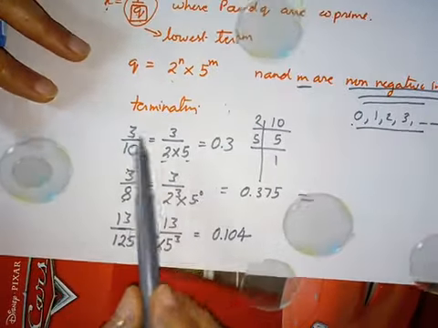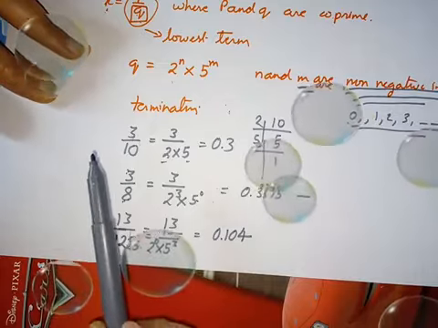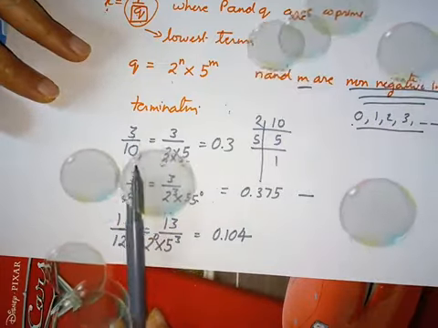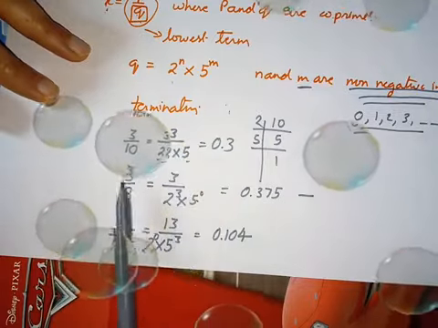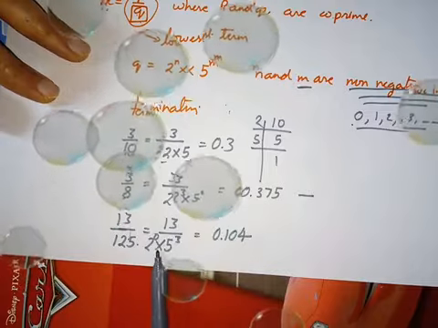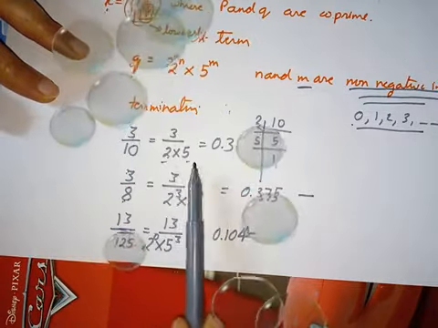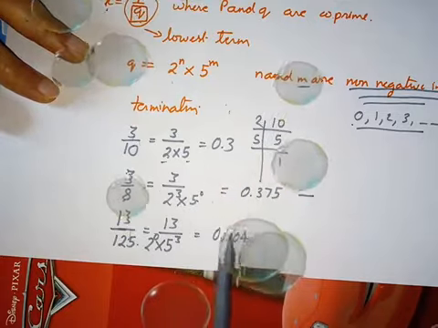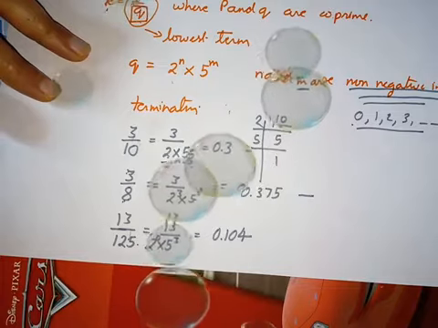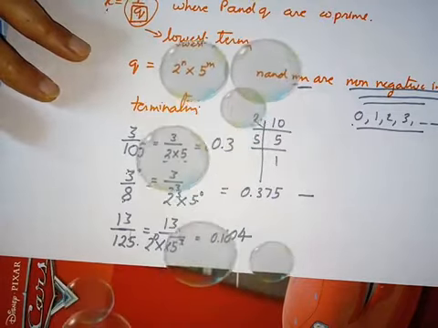Hence, if a rational number is given to you and you have to check whether it will have a terminating or non-terminating repeating decimal, then first of all change the rational number into its lowest term. After that, find the prime factorization of the denominator, and if the prime factorization of the denominator only has 2 and 5 as its factors, whatever the power may be, but the prime factors should be only 2 and 5, then you will get a terminating decimal representation. Other than this will always give you a non-terminating repeating decimal.